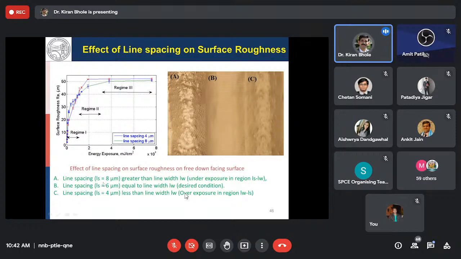Regime A is for line spacing which is greater than the line width, B is for line spacing which is equal to the line width, and C is for line spacing which is less than the line width. When line spacing is less than the line width, light is passing through the already cured resin, and there is a light scattering effect, and that's why the surface roughness is not good. When the line spacing is greater than the line width, then obviously there will be a gap between the two line scans, and that's